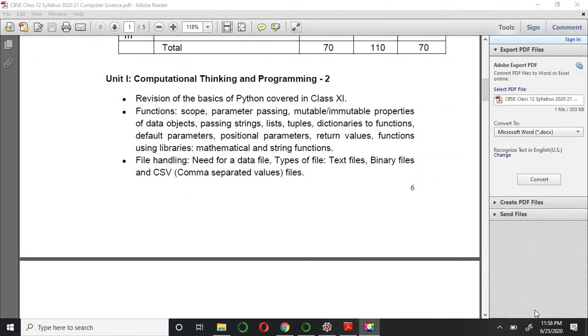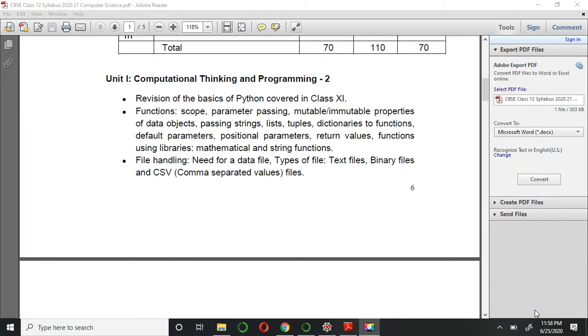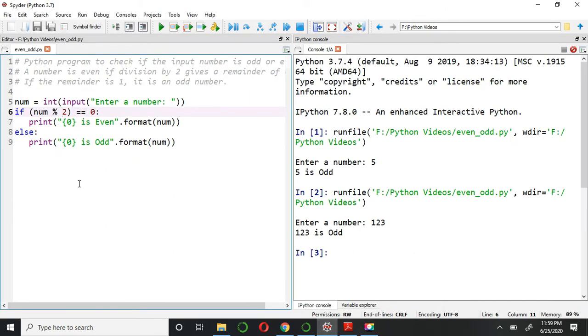So let's start the chapter with our first unit. In this unit you can see the unit name is computational thinking and programming. The first topic is given as revision of the basic Python covered in class 11. So hope you have the notes of the previous year, so you can go there and take a quick revision from the previous year notes. Still I'm going to start my tutorial with a very basic program of checking whether the given number